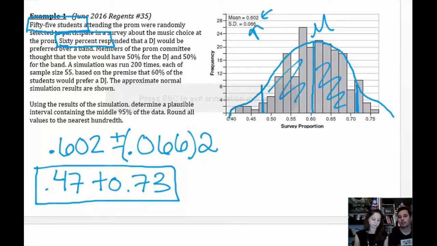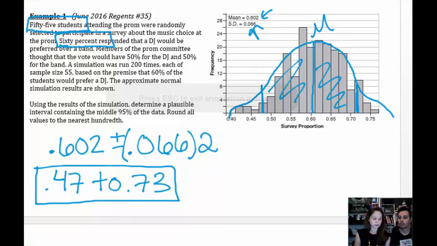And there's kind of a great check here. Do these values make sense? Well, look at the bell curve that we just drew. Does that look like about 95% of the surveys had a proportion between 0.47 and 0.73? It does. Okay. So you could alternatively use the formula from yesterday,